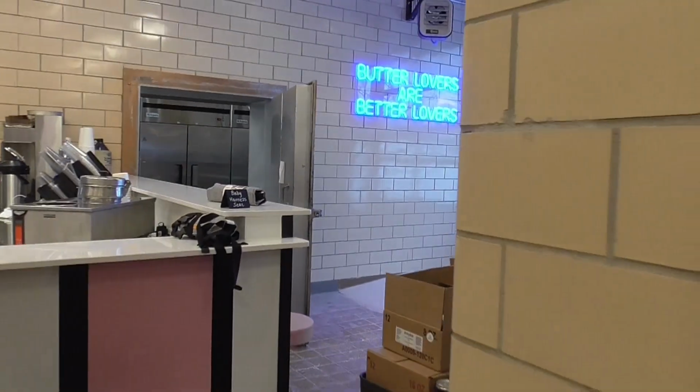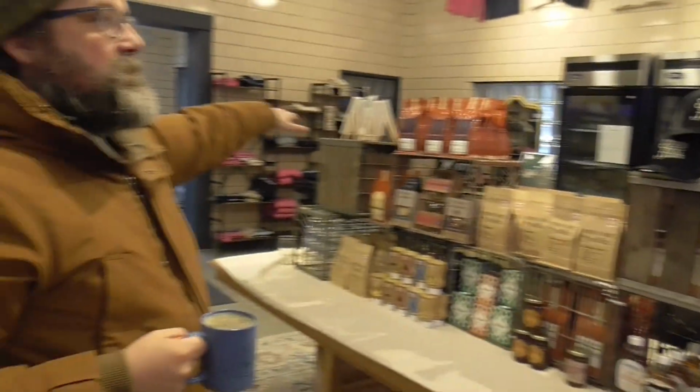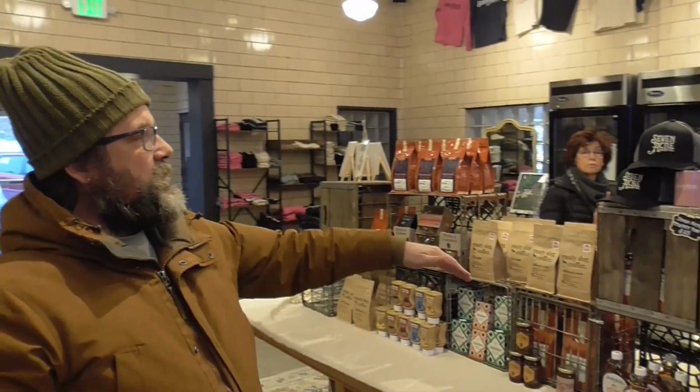Kind of cool, we were able to save the old butter cooler door. This is where the churn sat. This is where they packed the butter. Where our kitchen is right now is where the quality testing took place. So butter came here into the churns, they churned the butter, packed it into the butter cooler, and out the receiving area it went. We'll circle back around, but if you look closely, we have where the old transom was, where they would open up the cooler and go right into the